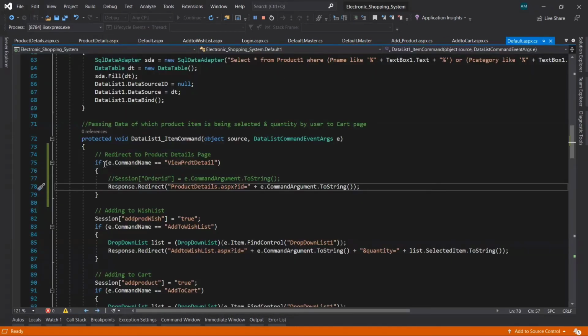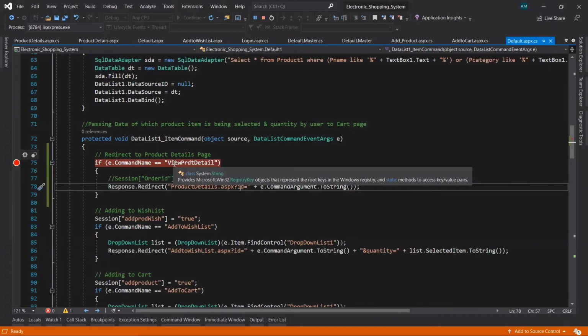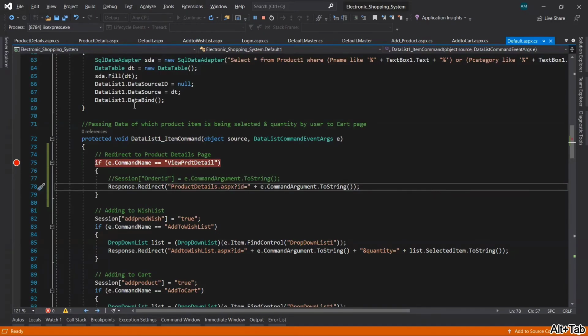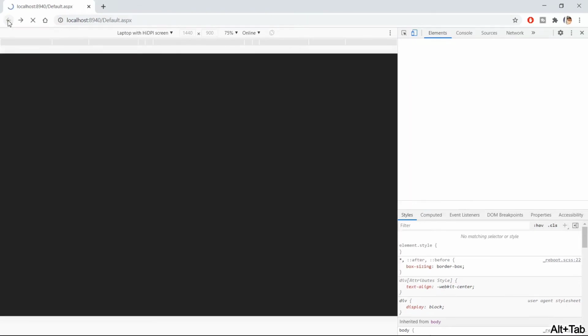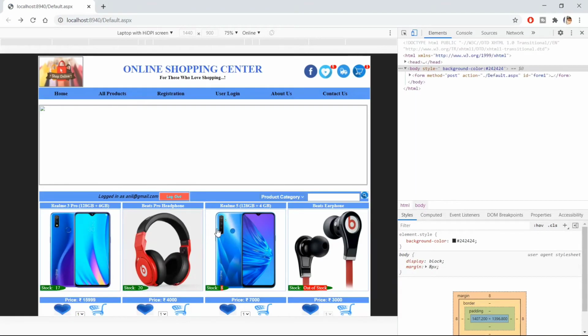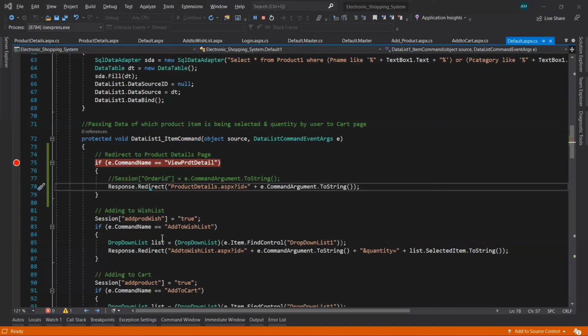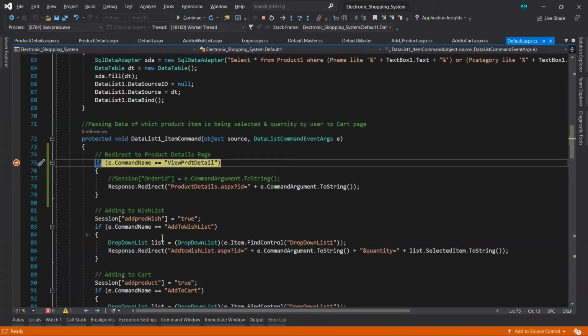Let's add a debug point here. Click on the product image, press F10.